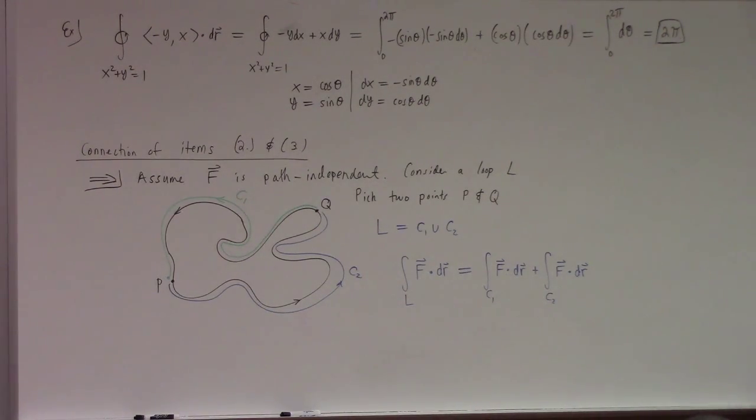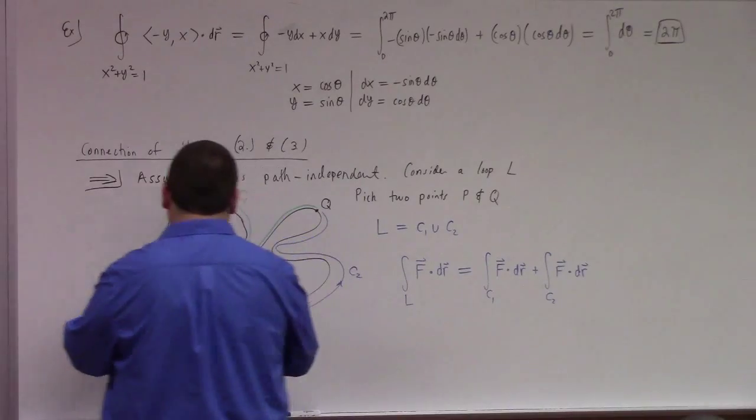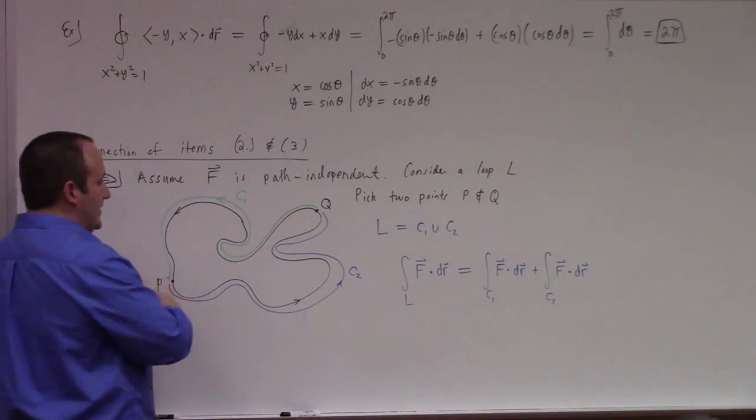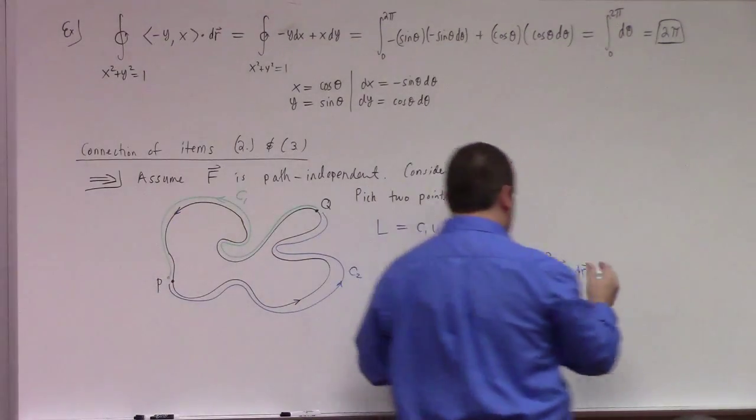My point is, any loop you pick, you can automatically divide into two paths. But what else can we say is that one path is not the reversal of the other path, but in my current notation, C2 goes from P to Q, and C1 goes from Q to P. So if I reverse C1,